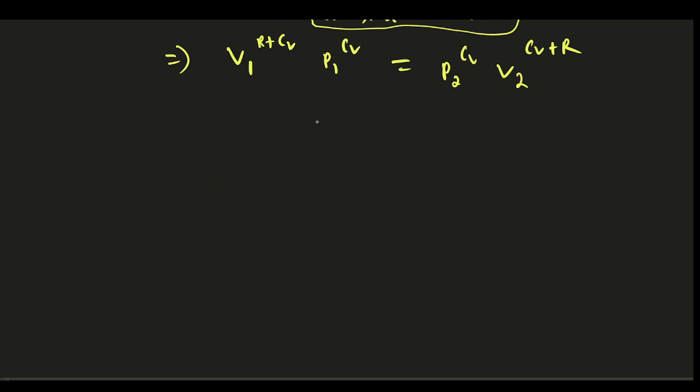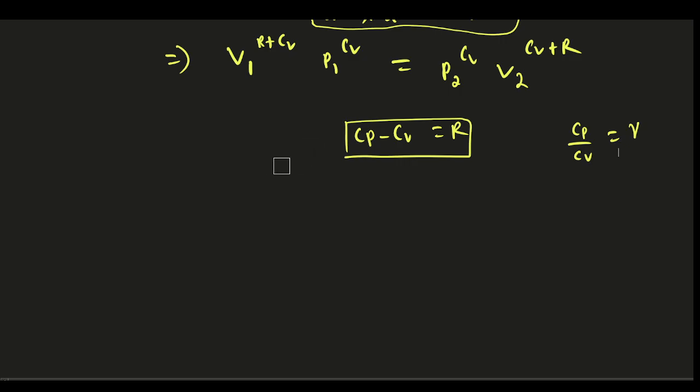what I do, since we know that Cp minus Cb equal to R, this we know, so I want the gamma value, because we are going to use gamma here, so I need the gamma value. So what I'll do, I will divide this by Cb, so Cp by Cb equal to gamma, so I want the gamma value here. So what I'll do, divide Cp equal to gamma. So what I say,